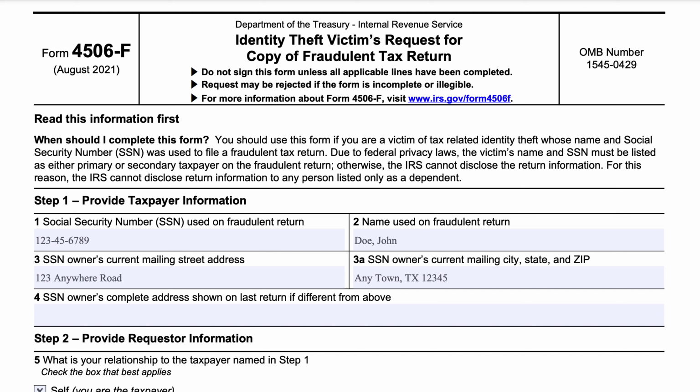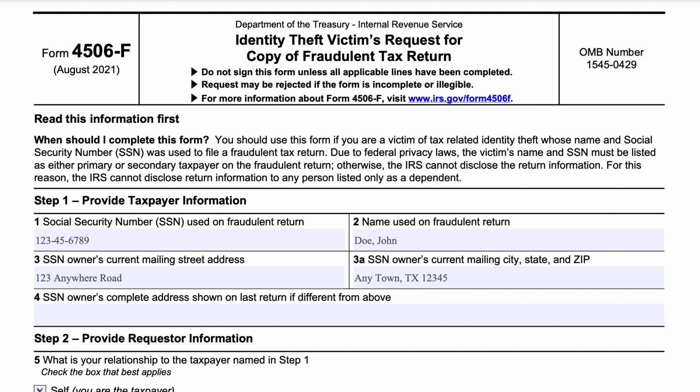On the website, it says generally they may resolve cases within 120 days, but for cases with extenuating circumstances, it can take up to 2 years. So be pretty mindful of that.